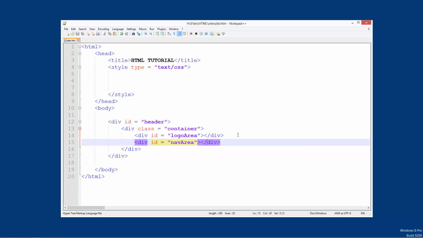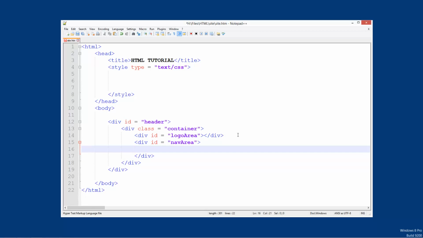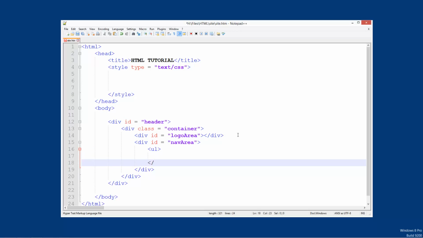Now inside this navigation area, we're going to have an unordered list. If you remember back to one of the previous tutorials, we looked at unordered lists. It's basically like a big bullet point list. We're going to be using this to create our navigation, and you'll see why in a bit once we get started. So we're going to create a UL, as I just said, and we're also going to give this UL an ID. So that ID equals nav,